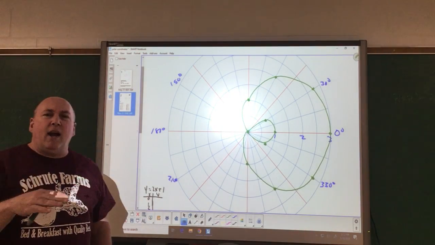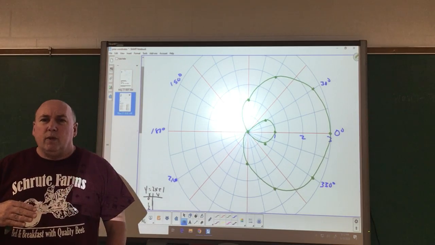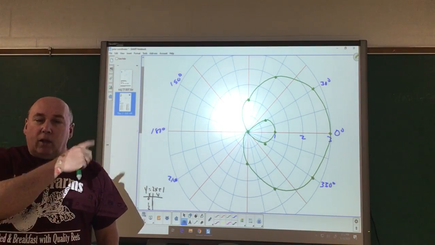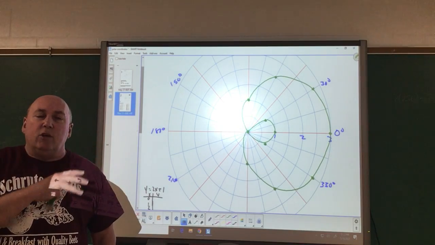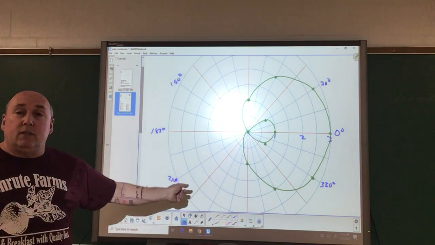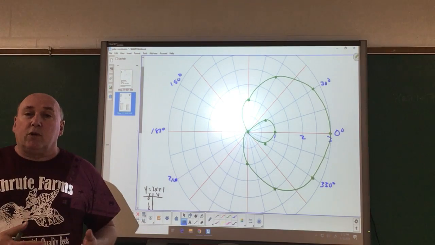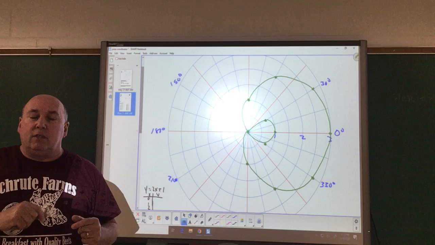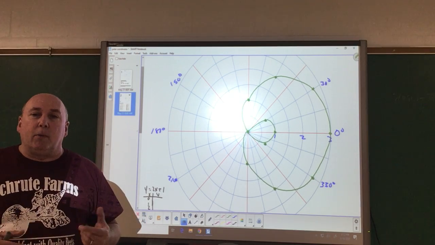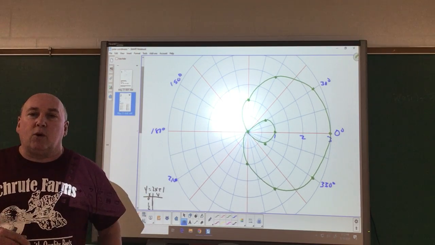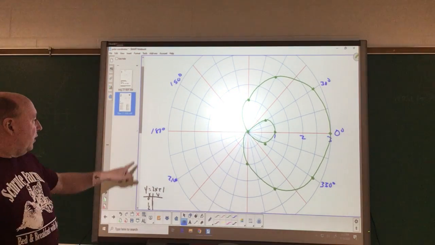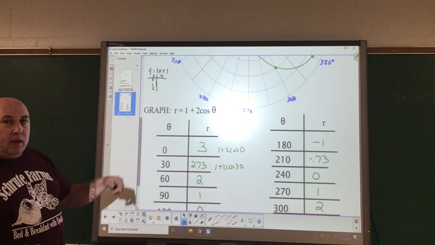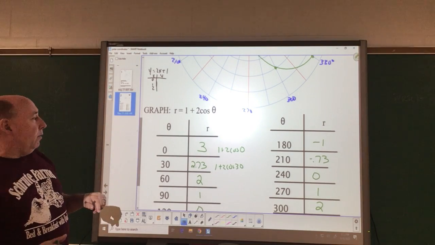And a lot of the graphs in the old school computer games that used to be out there, a lot of the graphics that were done on those were polar coordinate systems. Okay, they are polar graphs. It gives you the curves and the figures, and it made it much easier to graph rather than dealing with an XY coordinate system. Because if we looked at this in the XY coordinate system, which we'll look at tomorrow,